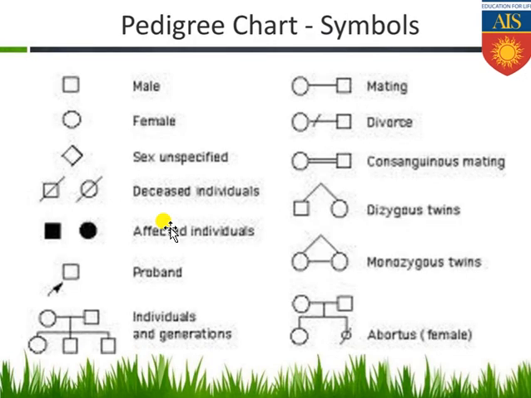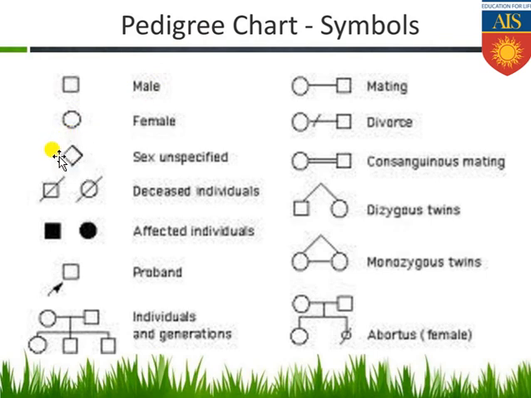When we start the pedigree, we need to know about the symbols, because without knowing their meaning, pedigree analysis is not possible. In the diagrammatic representation, a vacant, empty small box means male. A vacant circle is considered female. Keep in mind that these empty boxes and circles are unaffected males and unaffected females. That means they are not carrying any trait or disease, that's why they are unaffected.